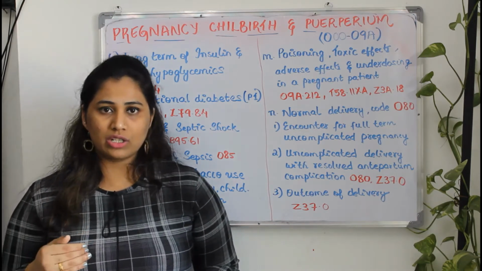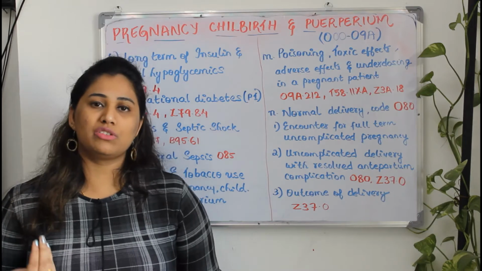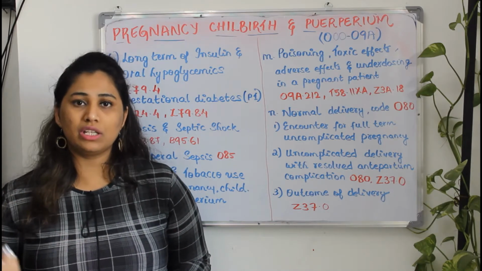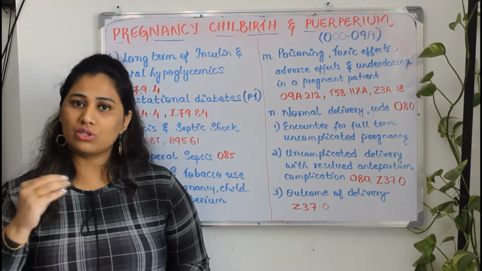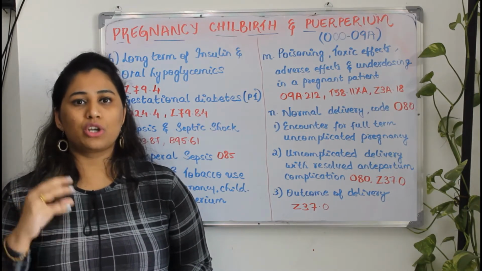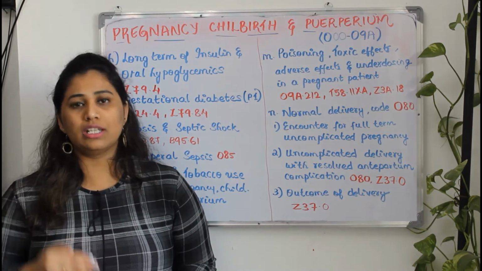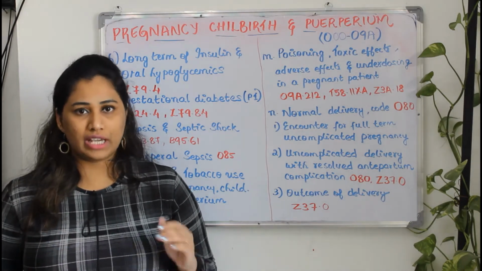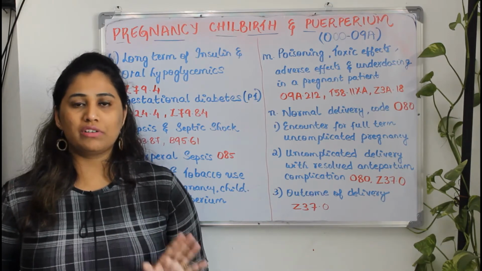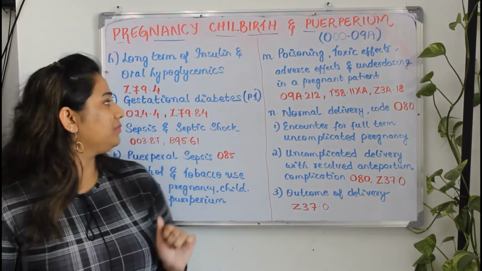Even though it is gestational diabetes mellitus, sometimes the doctor may treat with, first they will try with the diet management and next they will try with the oral hypoglycemic. See, if it is not reducing, then they will go for insulin management. So just read the documentation clearly and try to understand which category of care the doctor is giving, and based on that you pick your codes. The category code will remain from Z79.